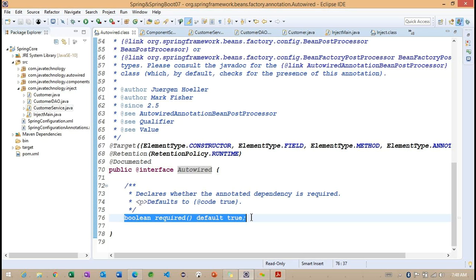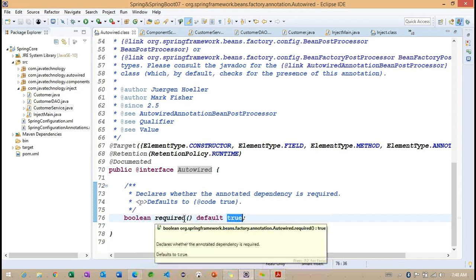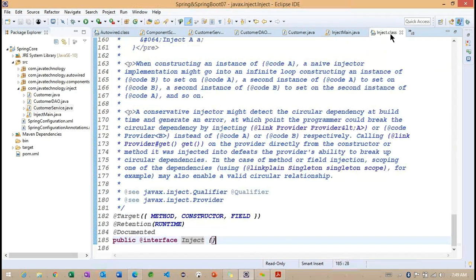But here, using this auto-hide, we can make this required false. Even though we specify this Autowired annotation, as a parameter we can specify required as false, so that it's not going to fail in the dependency injection if the bean is not available, and it's not going to give any exception here. Getting the point? But what about this Inject here? If the bean is not available here, we are going to get an exception. Now you can see the differences, how this Inject is implemented.